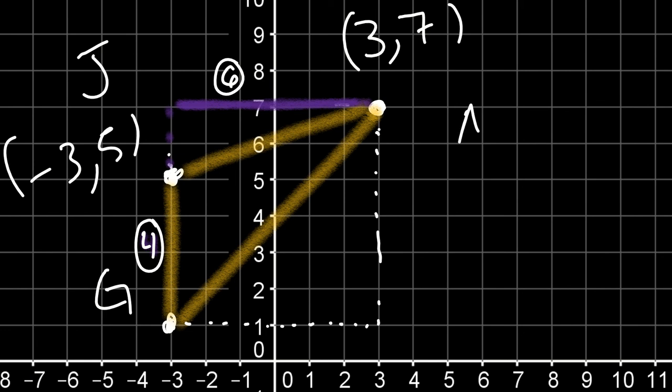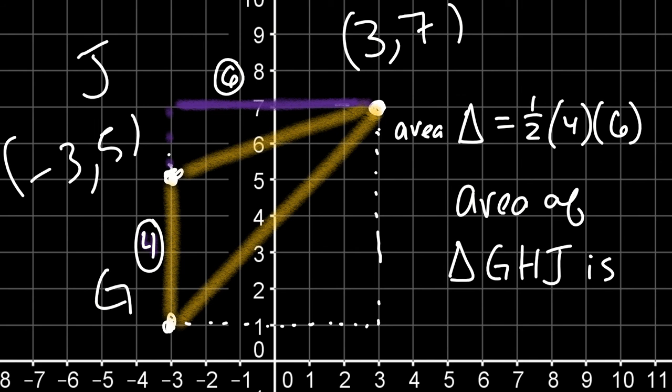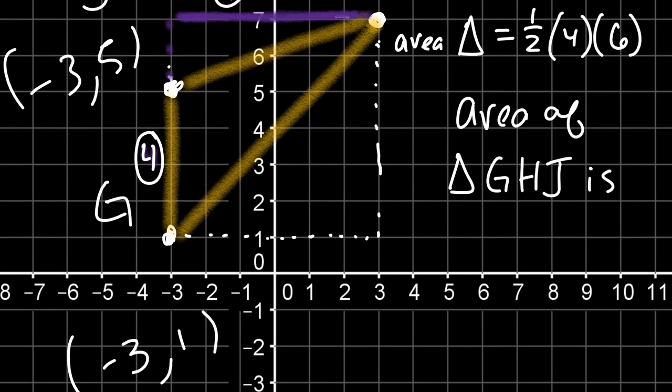So the area of this triangle is equal to 1/2 times the base of 4 times the height of 6. So 1/2 times 4 is 2, and 2 times 6 is 12. So the area of triangle GHJ is 12 units